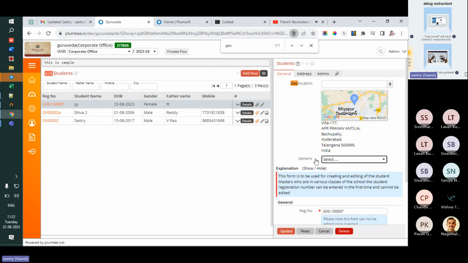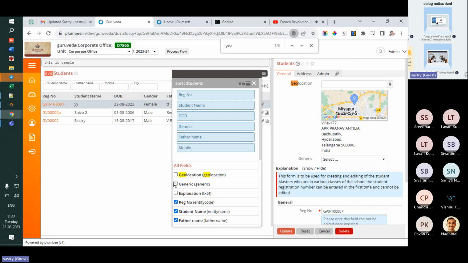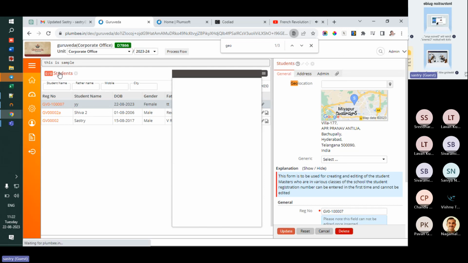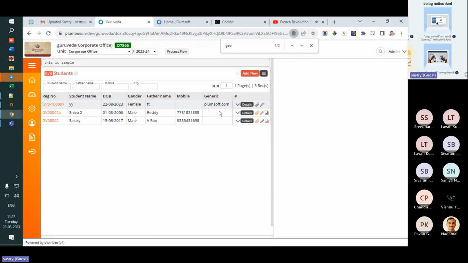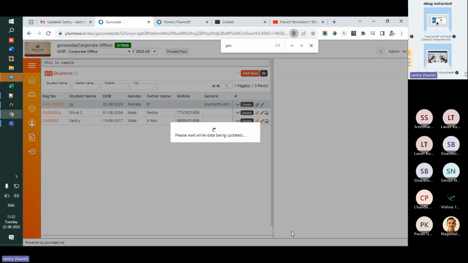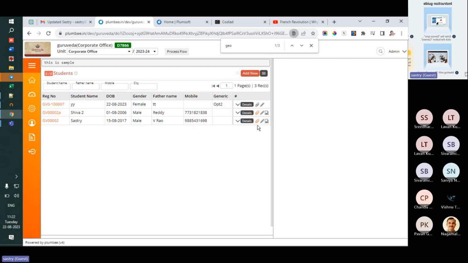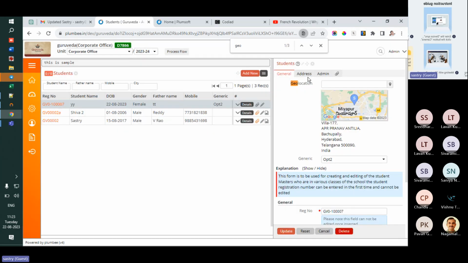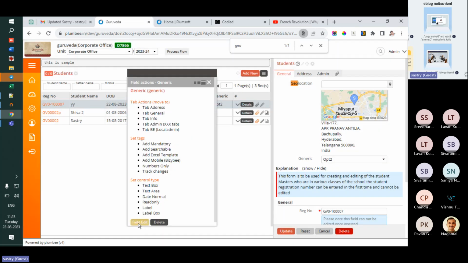Now I want to bring it to my listing for reference purposes. I can say generic field, show me in the listing. So it is showing me the generic field. Now I go there and select option 2 and update it. So I get option 2 here. So this itself as it is, I can also make it as generic